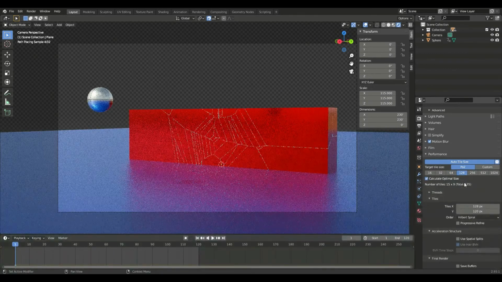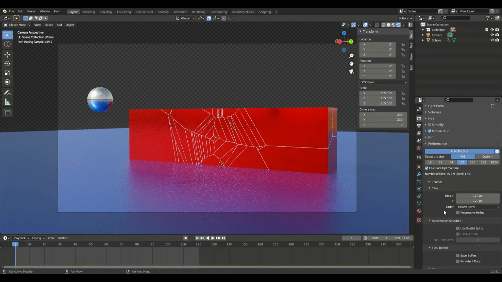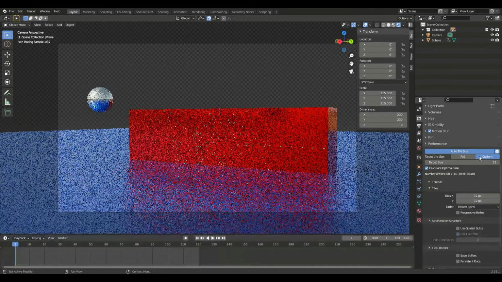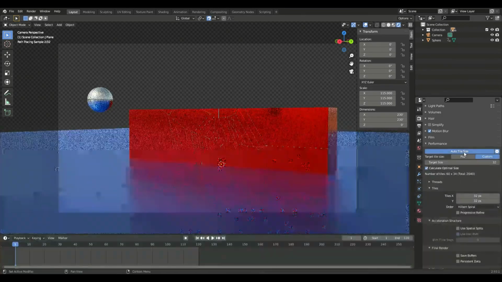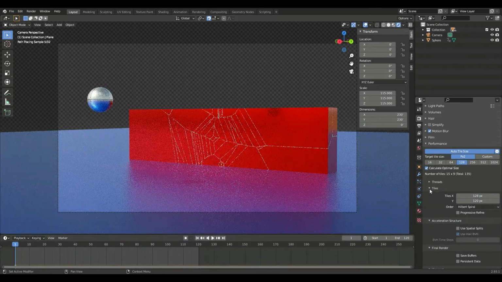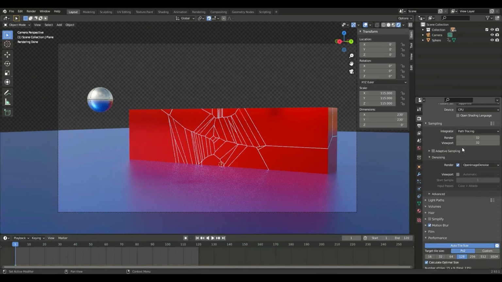So let's do this. I guess it's this then. Okay, whatever. So when you do that, it's going to give you the optimal tile size. Don't worry about mine. It's going to give you the best tile size for your render.